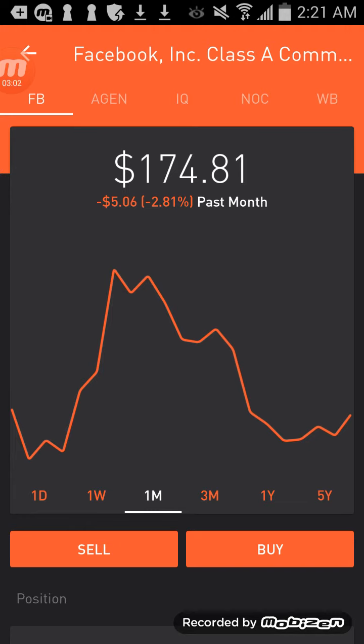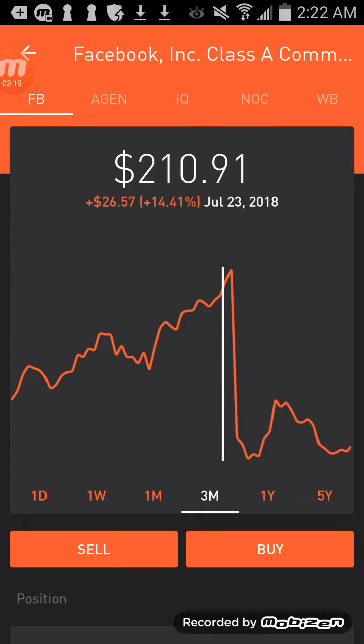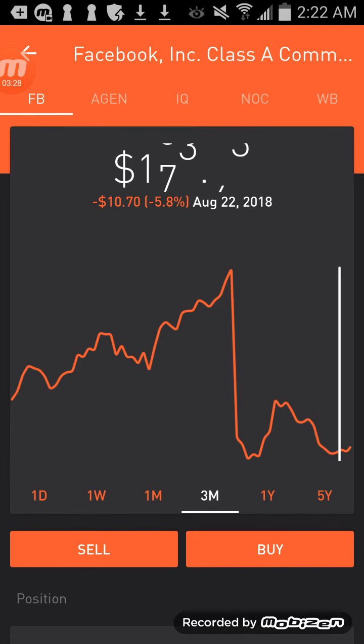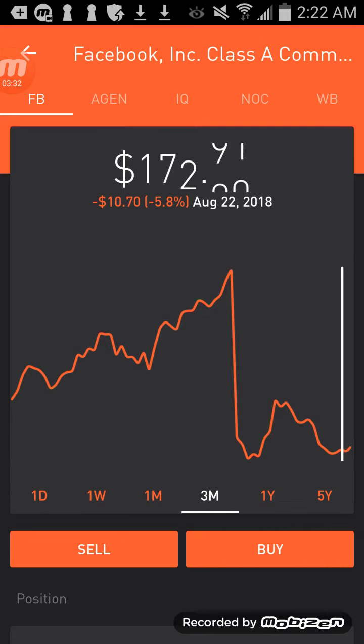I don't know if you've been keeping track of this stock, but basically it had its earnings recently, and they had a decrease in user growth, and they're also having troubles because of the privacy and security issue, and that has made the stock drop almost 20%. It used to be at 217, and it had a huge drop during its earnings, and as you can see now it's starting to recover slowly, and right now is the perfect time to buy because this is a really